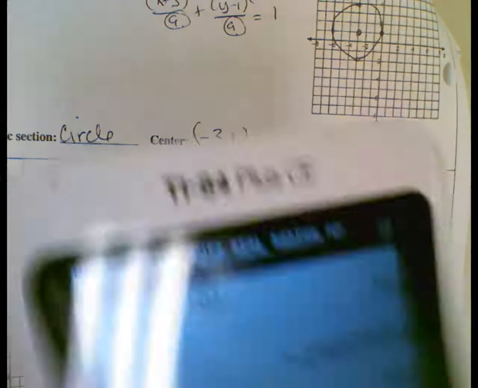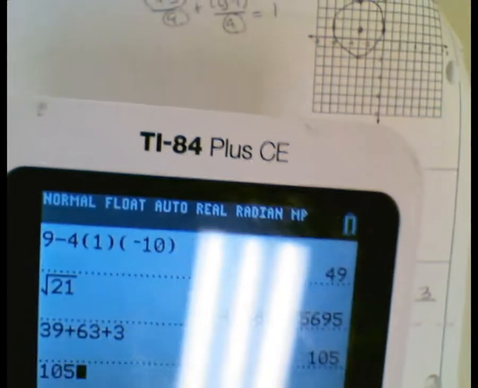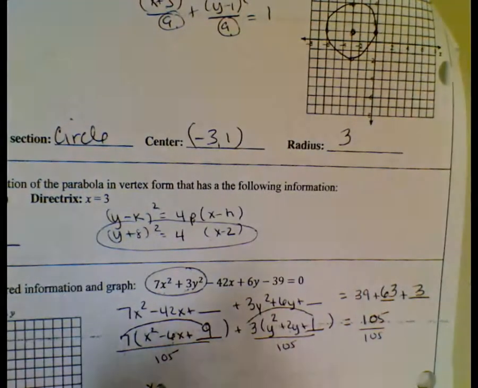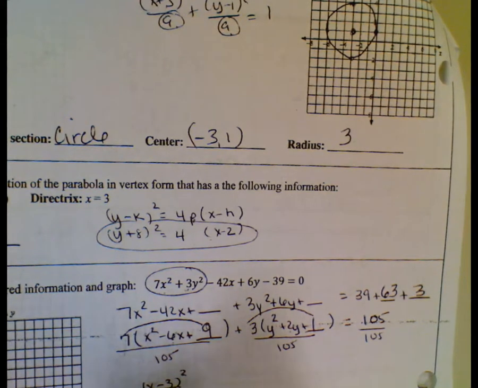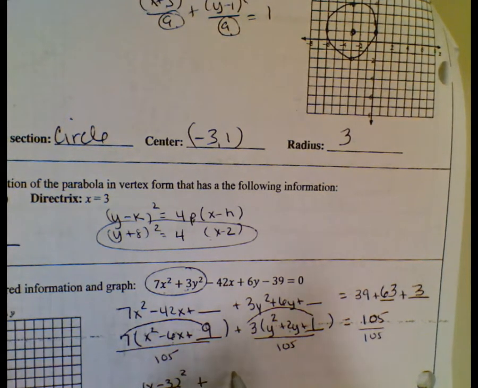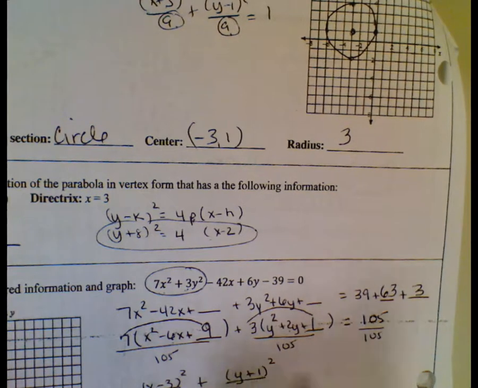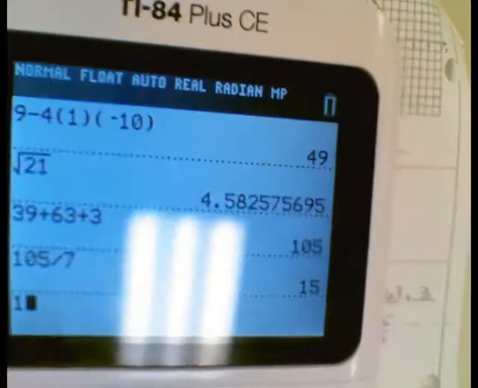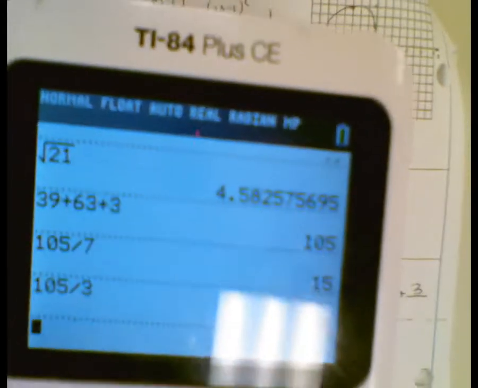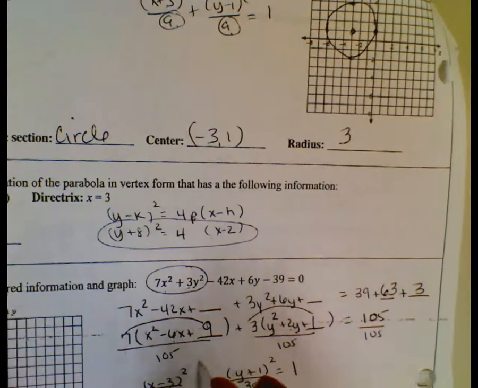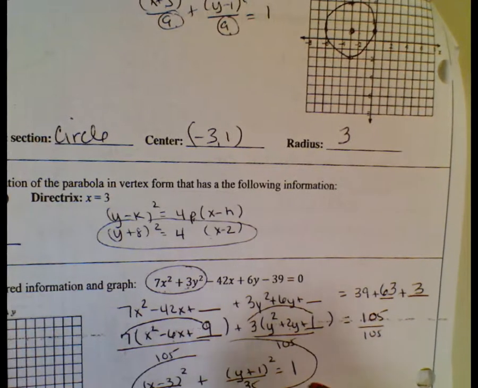So 7 goes into 105. What's 105 divided by 7? 15. So this is going to be x minus 3 squared. So I'm going to complete the square at the same time as dividing over 15. So it's not a perfect square, but life's not perfect, right? And then this one's y plus 1 squared, and 3 goes into 105. 105 divided by 3 is 35. Oh, no perfect squares. All this equals 1, and this is the standard form, and it's an ellipse with center